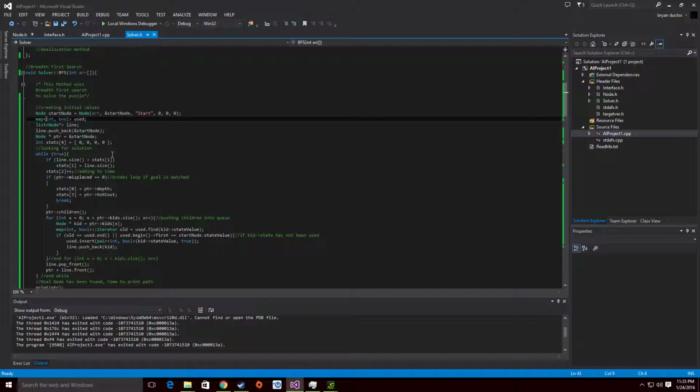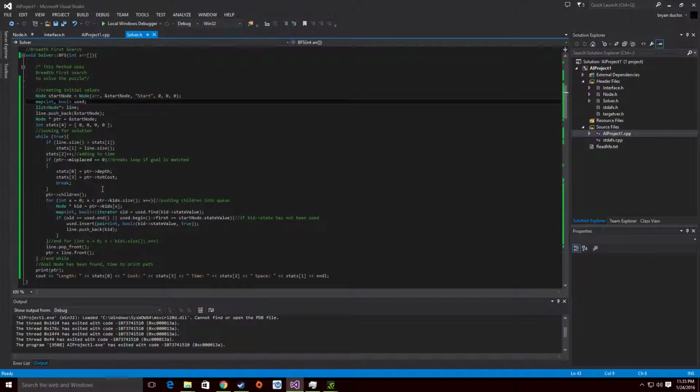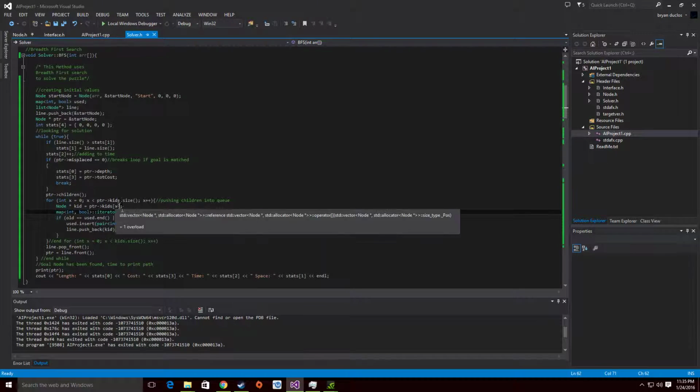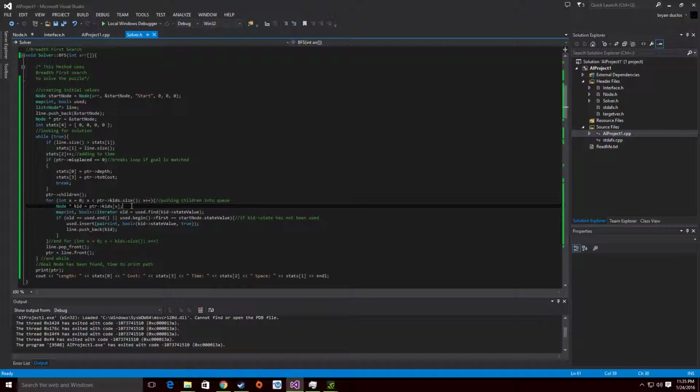Okay, so in breadth first search, it's a little different. I only use one hash map because, well, it's just kind of easier, and you only have to check one thing. So I figure if you find something on one level, the cost is going to be cheaper than if you find it on another level. Plus, you're not checking for cost in breadth first. So what happens is you go while true, some bookkeeping here,